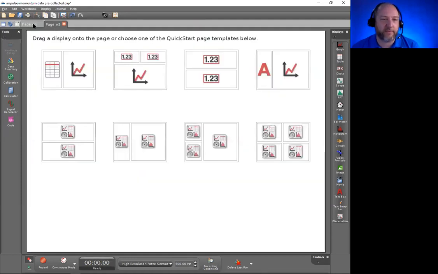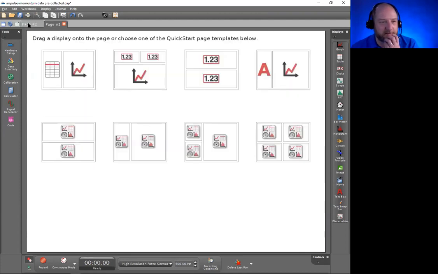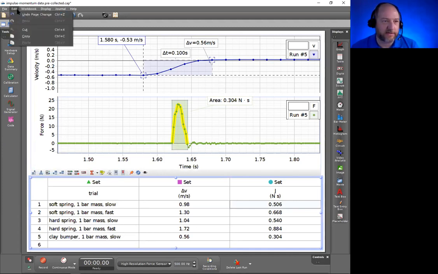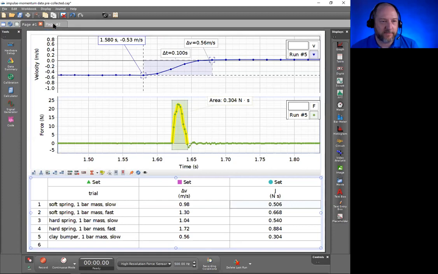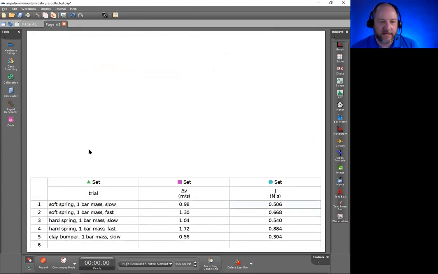So now I have page number 2 and the original page number 1. So the new page is simply inserted after the current page. Now, what do I want on page number 2? Well, I do still want my data here. So I'm going to click on the edge of my table. I'm going to choose Edit, Copy, or Control C, Command C on a Mac. I'll go to page 2, Control V, Command V, and it fills in that same space on page number 2